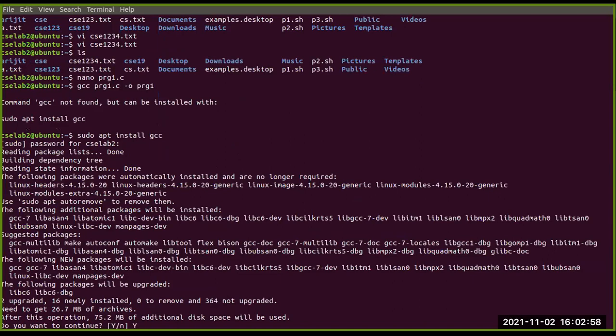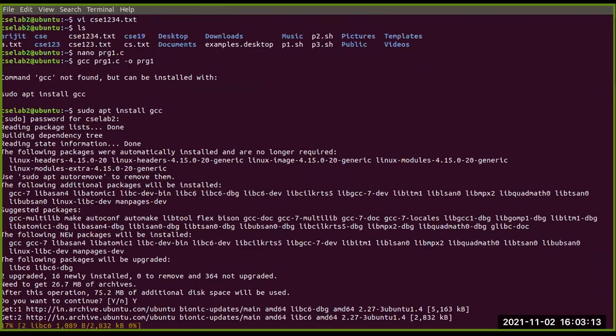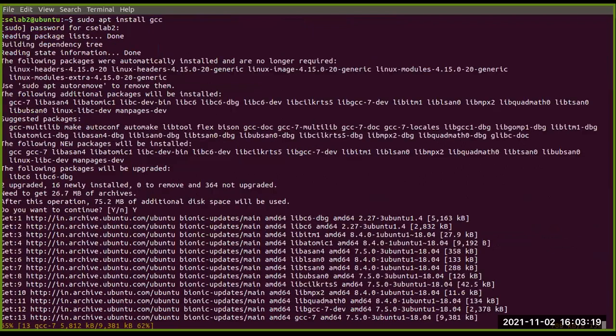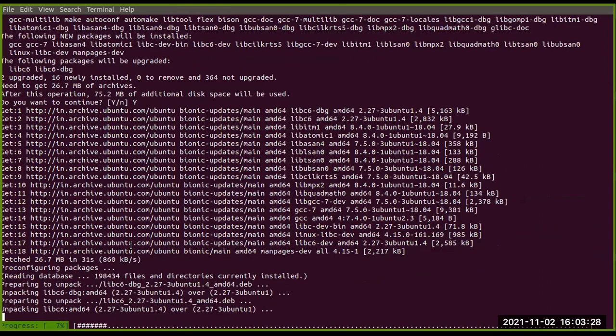I am showing you this live. It installs that particular command, and we can easily visualize how the total package installation is going on, the progress.